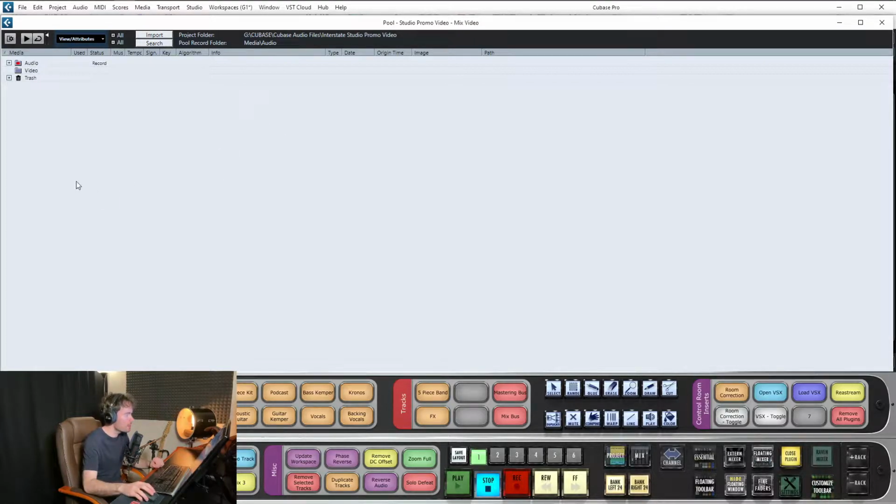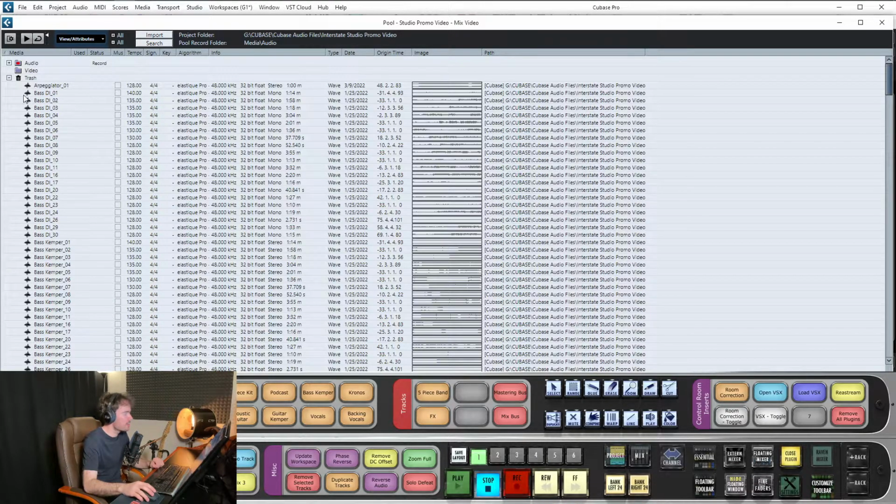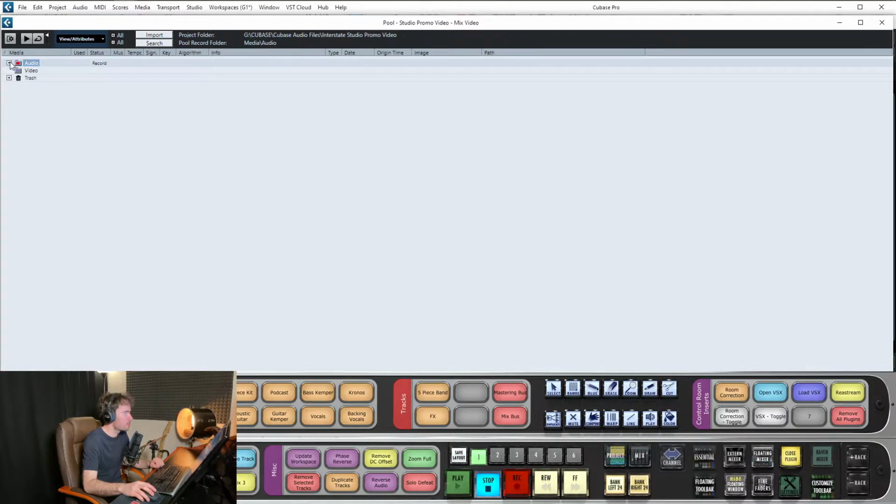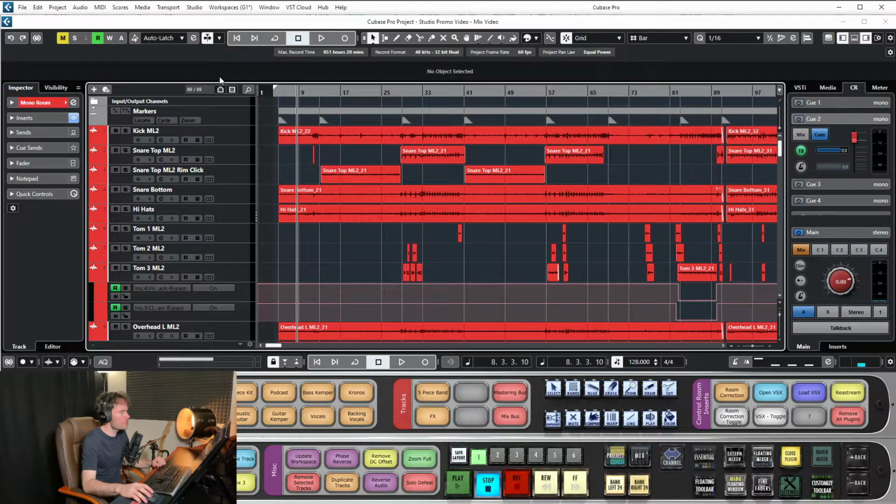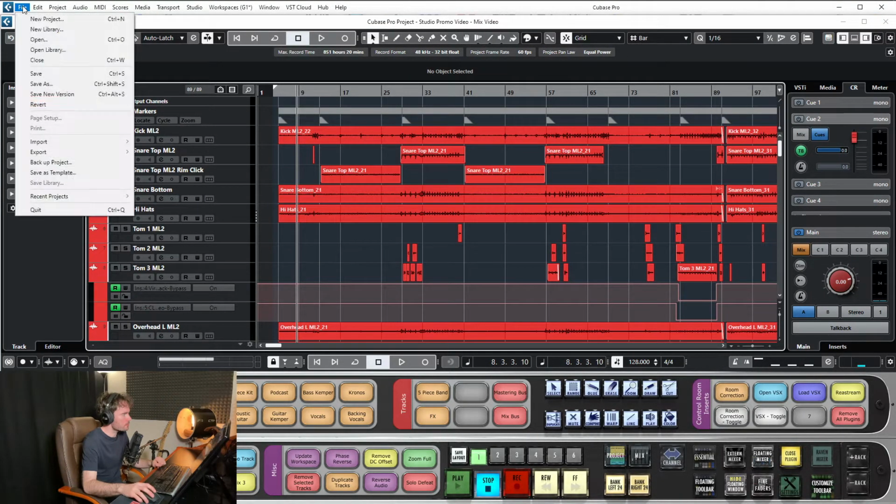You can actually go in here and go to your trash, find take 3, and then drag it back into the audio folder and then into the project. So that's pretty cool. That's your pool. But the specific thing I wanted to talk about with regards to pool, something that I wish I'd known earlier, is where it saves. So when you start a new project,